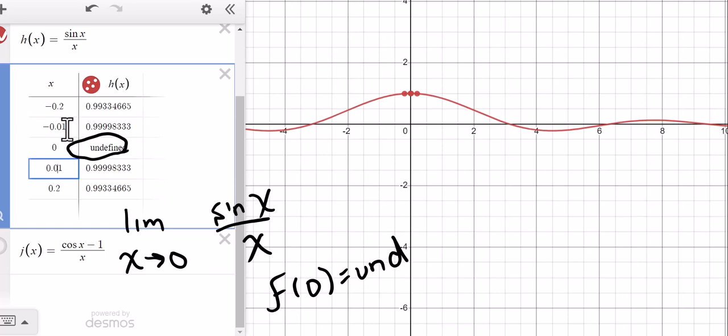Why are we going towards 0, Mr. Orr? Where did you get this? This is what we're looking for. Okay? We want to see what happens at 0. We know that it's undefined. We're driving down this road, and when we get to this point, there's no road. There's nothing there. So we have to use a limit to predict what should be there. That is not there because it's undefined. So what I'm doing is I'm getting as crazy close as possible without being there to see what it should